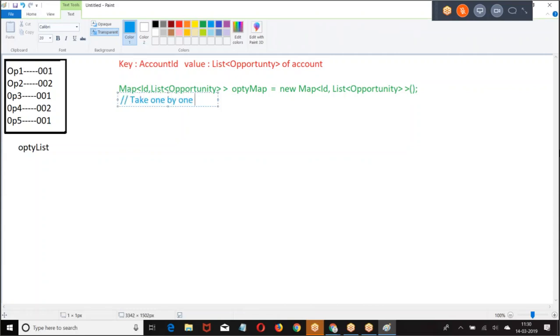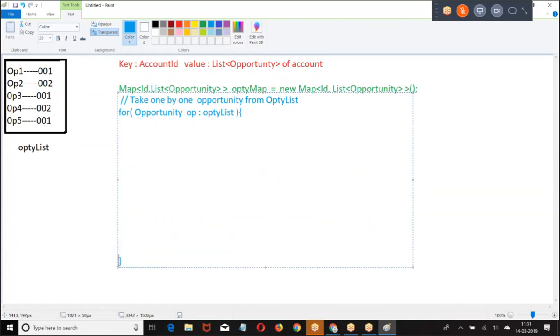One by one, for opportunity OP. Take one by one opportunity.